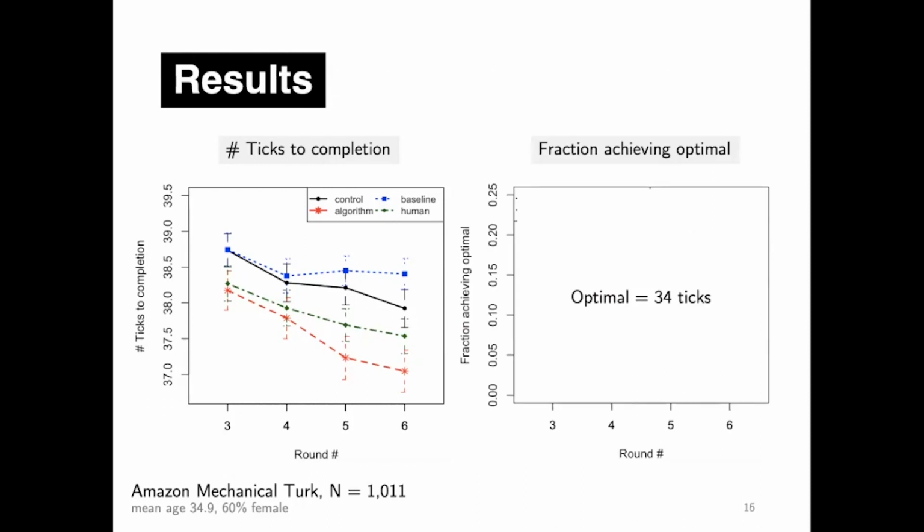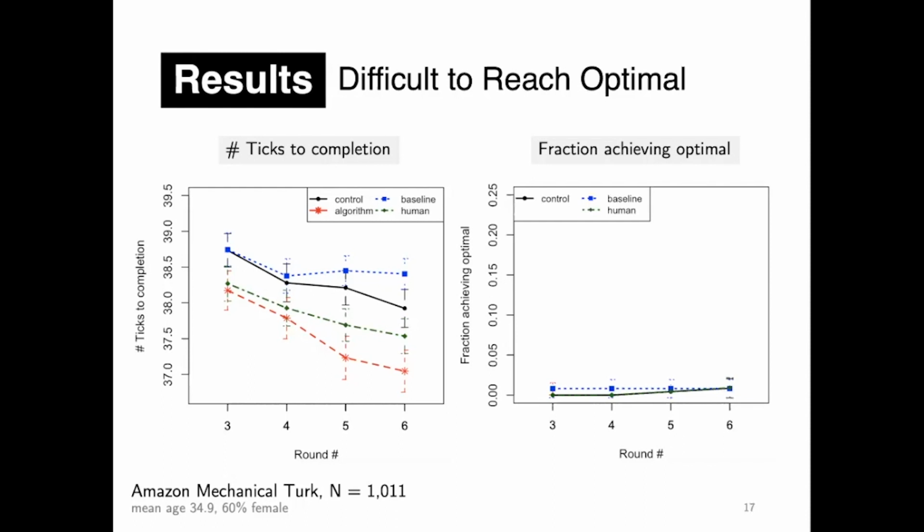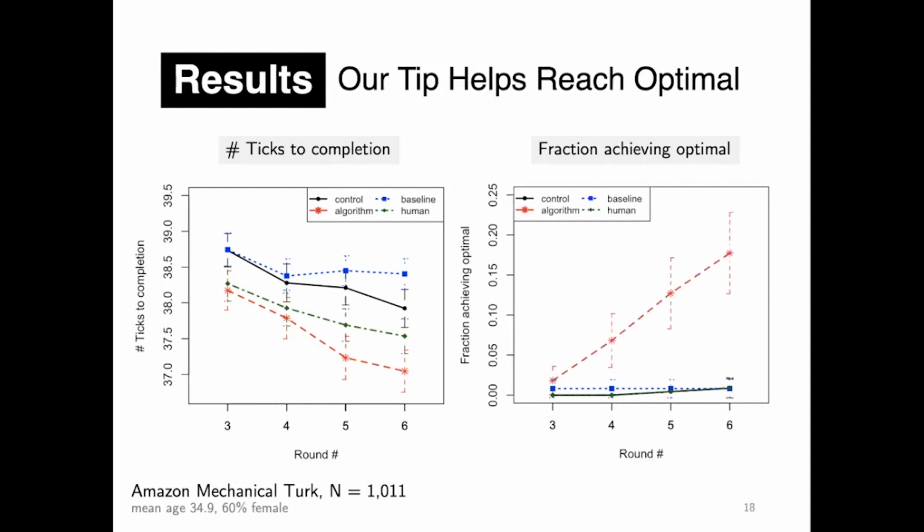Then we're asking how many people can figure out the optimal policy. So it's actually very hard for humans to reach the optimal in all of the other arms. Only people given our tip could achieve the optimal performance. This is a huge difference. It seems that naturally it's almost impossible to figure out the optimal policy without getting the piece of information embedded in our tip. So we see that by combining their own learning and our tip, they can actually make a lot of progress over time. And this really highlights the power of using machine learning. Humans can really complement their own learning with a little bit of a nudge from the machine.